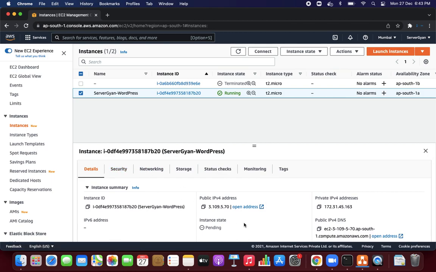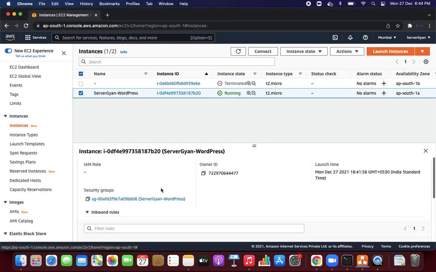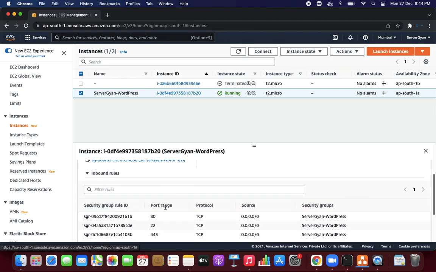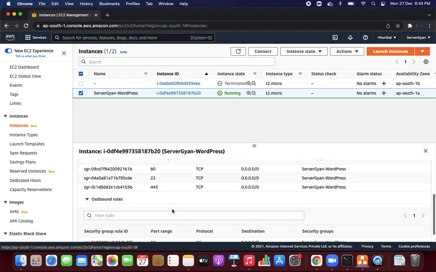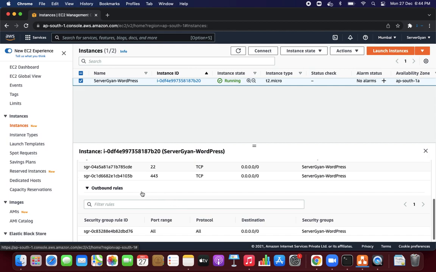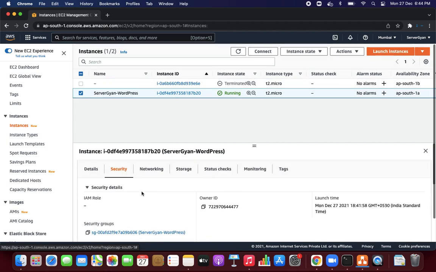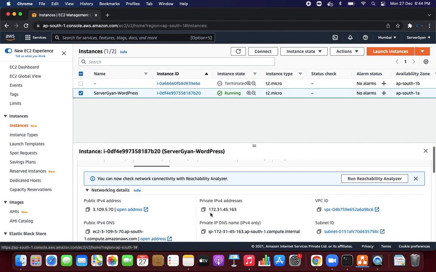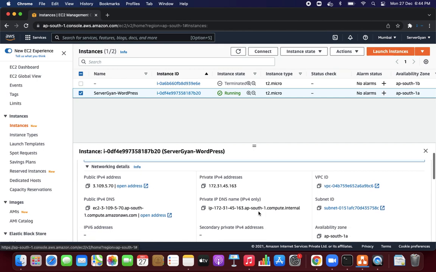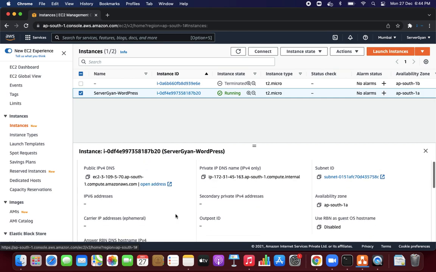Okay, these are details. Now let us talk about security. So what is the security group? What is the IAM role, if any, associated? What are the particular rules opened? And for incoming, outgoing, every sort of rules we can figure out here. This is the networking section. This is the public IP address. This is the private IP address. And if you see here,